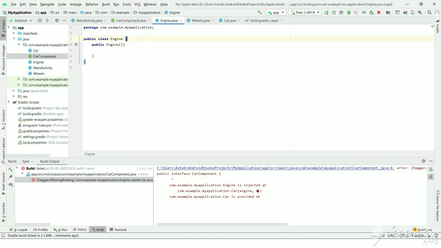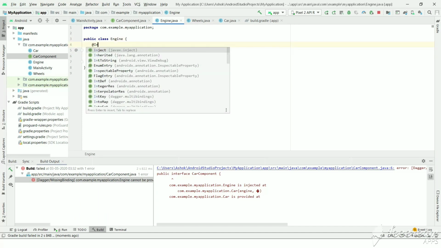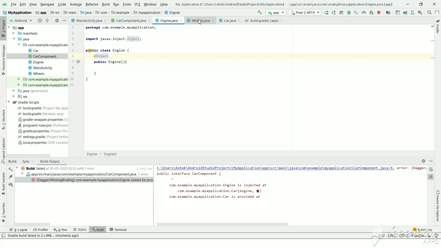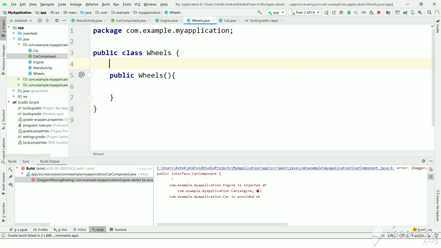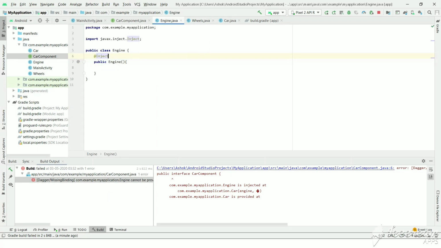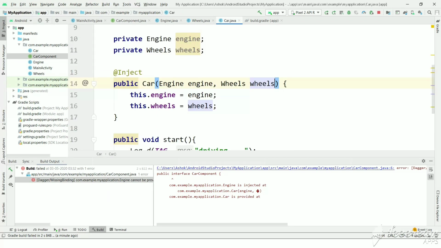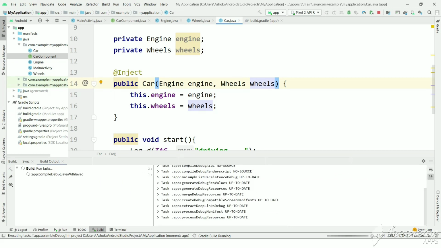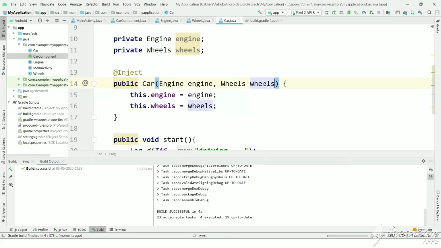Now let's mark the engine constructor as @Inject and let's mark the wheels constructor also as @Inject. Now Dagger knows how to create a wheels object and an engine object. So automatically Dagger knows how to create a car object because Dagger also knows how to create engine and wheels. Now let's execute and see the result, whether we will get any exception or not.